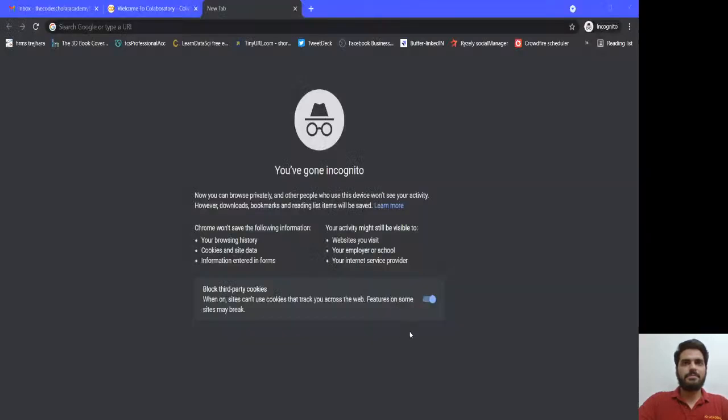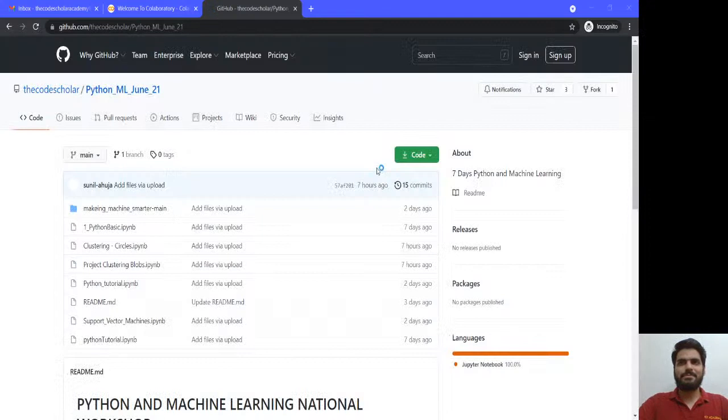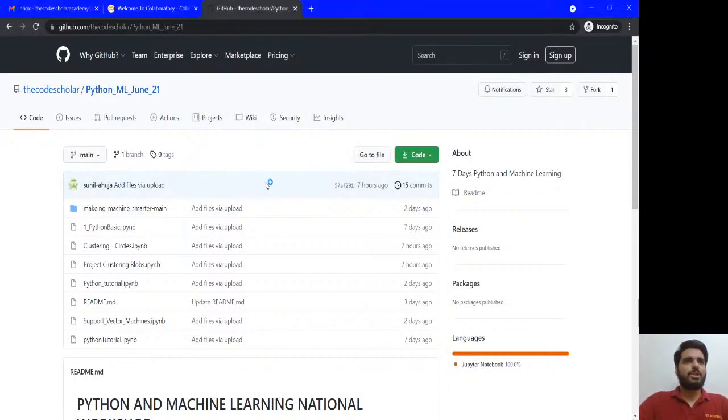So I'm sharing the file again. How to implement the same thing in machine learning. So again, guys, we have kept the work over here.